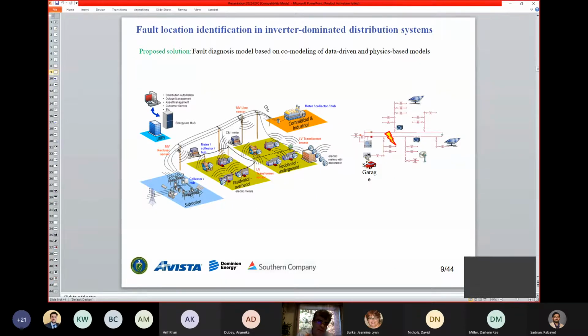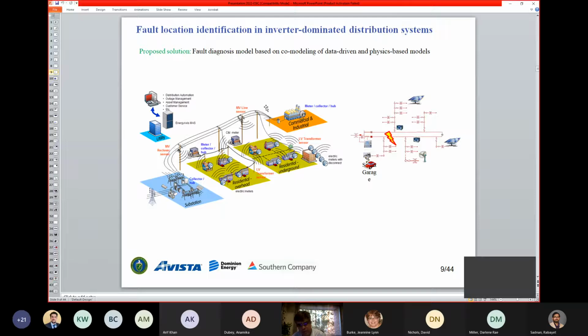Another aspect of fault resilience is making power system restoration as fast as possible. One main component here is fault location identification. I have been working on this topic for maybe the last 10 plus years. Recently, we are very fortunate to work with the PI at Georgia Tech on a project funded by the DOE,